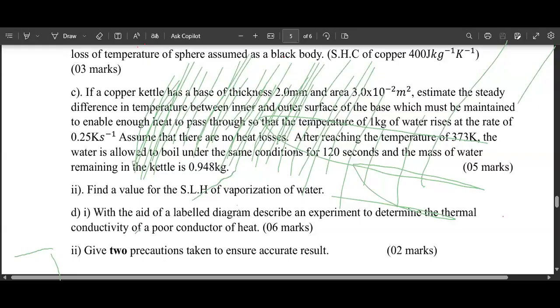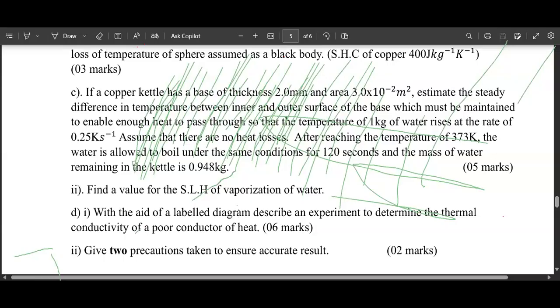So we shall have delta theta, the difference in temperature, equals 4200 times 0.25 times 2 times 10 power negative 3, then divided by 3.8 times 10 power 2 times 3 times 10 power negative 2, to come up with a difference in temperature between the inner and the outer surface. 4200 times 0.25 times 2 times 10 power negative 3. I'm coming up with